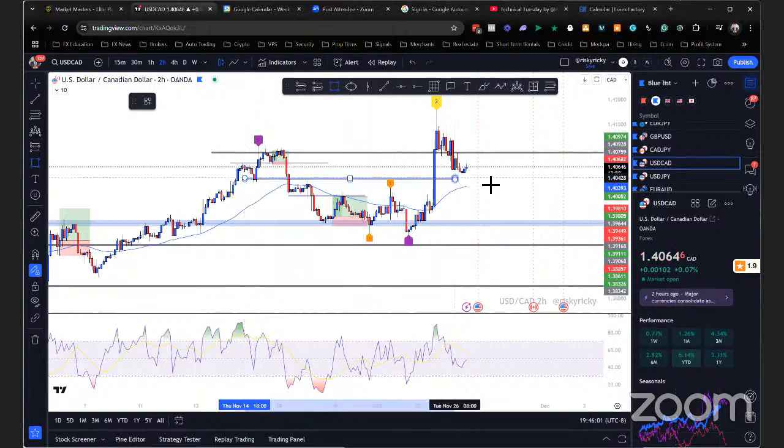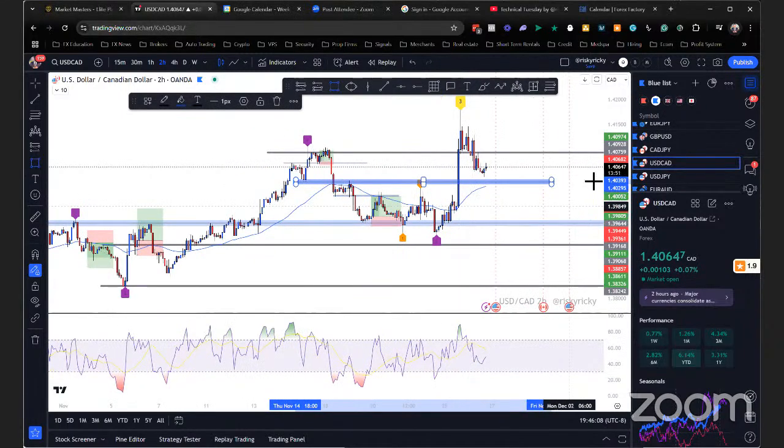So here's a pretty decent one. It doesn't have three areas where it's touching, but it's a pretty strong support and resistance area. As of now, it hasn't dropped down to that area, so not a buy potential now.